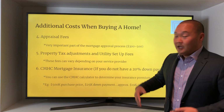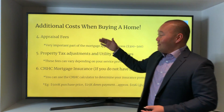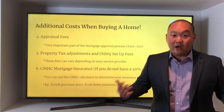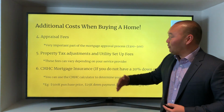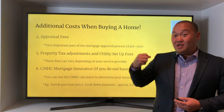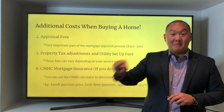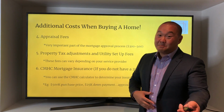Number four, appraisal fees. If you're going to the bank or another lending institution to get a mortgage, they're going to do an appraisal on the property. In 2018, with all the buyers and sellers that I've worked with, I haven't come across one property buyer or seller that has not had an appraiser come through on their property. The lending institutions want to make sure that whatever you bought the property for is on par with what the market is demanding or commanding at that time. Appraisal fees are usually $300 to $500, and again, that's passed on to you